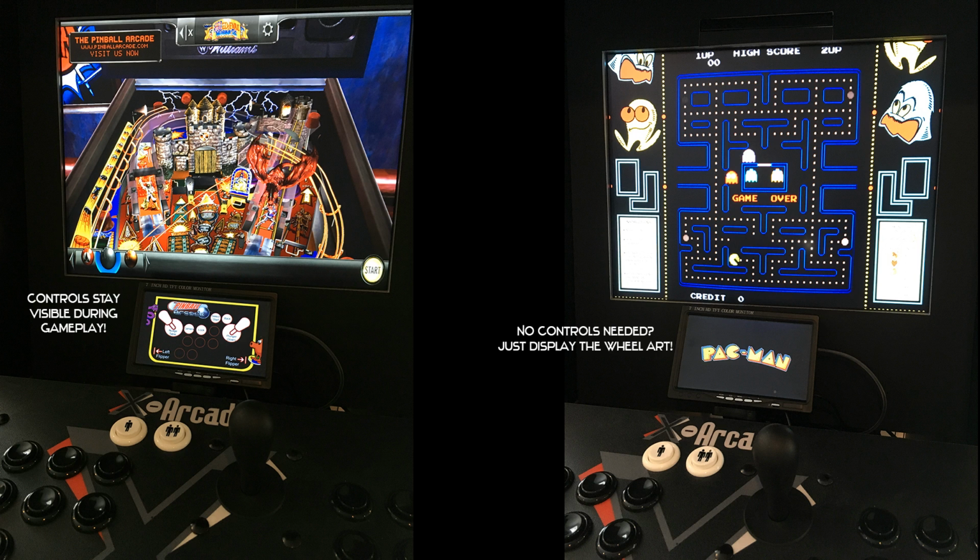It keeps this nice, clean, ongoing display of the controls in front of the player, and for games that are simple enough not to need a control display, I can show arcade artwork, like the marquees or wheel images instead. And importantly, when I'm live streaming, I can read the chat down there instead of relying on reading it on my iPhone. Oh, speaking of live streaming,